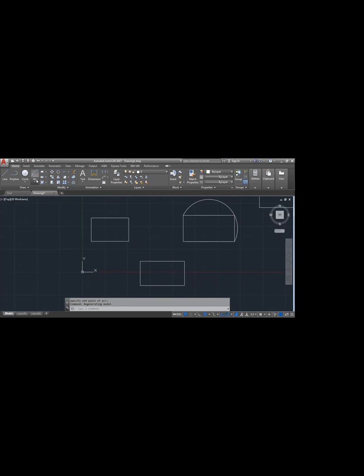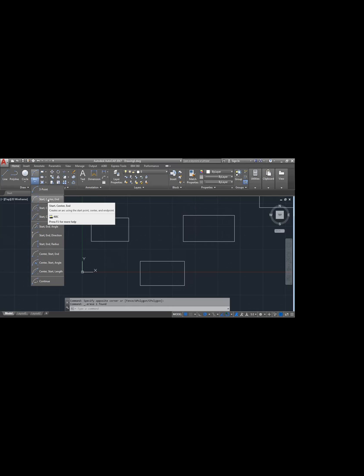Now coming to the next, this 3-point is selection of 3 individual points. Select the first point, second point, and third point. For radius, see here it is 16.49. If I mention 25, enter, with 25 radius I will get an arc. In the remaining 9 types, I will explain. Don't get confused. Remaining all are the same, comes under nearly equal type.